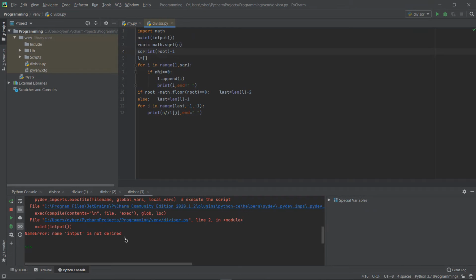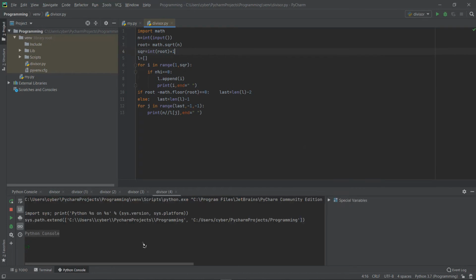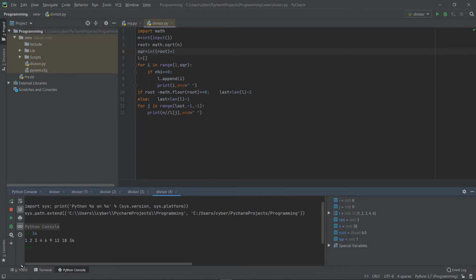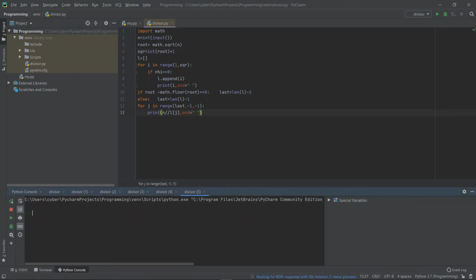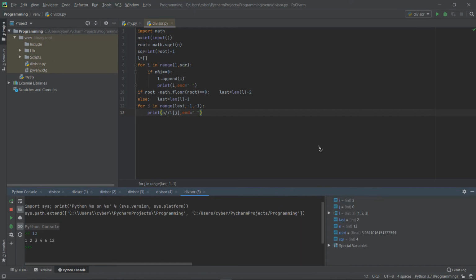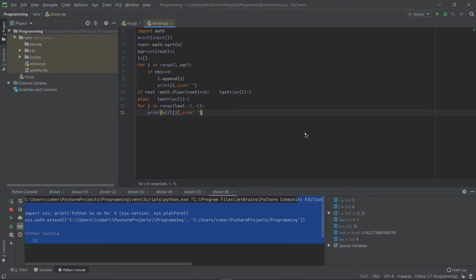let us just, okay, here's something missing. Okay, here I have done the blunder. Okay, now let us just simply run our code. 36, it is going to give 1 2 3 6 9. Of course it is perfectly fine. Now let's just check for 12. It is fine. Now let us just try some number like 10. It is perfect. So here is the very simple explanation of this code,